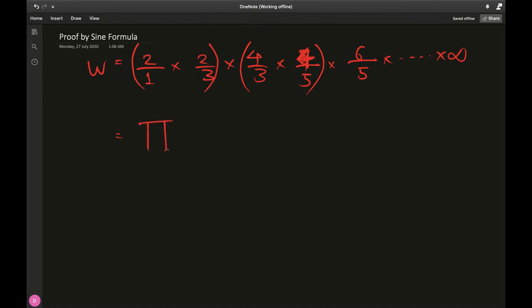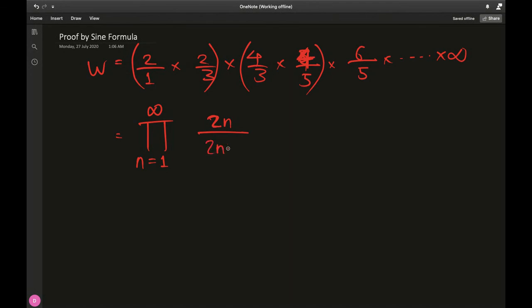So if we are defining a product, we will go from n equals 1 to infinity, because it's an infinite product, duh. And we're starting with 2. If we let n equal 1, we need 2n, and that will ensure that all the numerators will always be even, divided by